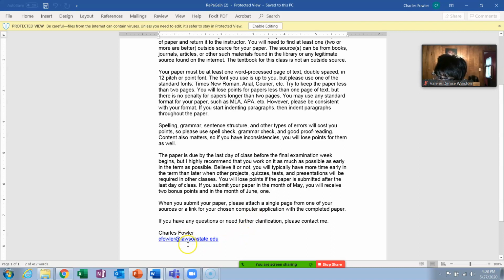Okay, there's my name, there's my email. Get me your paper topic as soon as you can, and as soon after that as you can finish your paper, get me your paper. Can we send it in the messages on Blackboard? Okay, you can send it either as an attachment to a message on Blackboard or an attachment to a regular email. Whichever is most convenient for you, either one is fine with me.